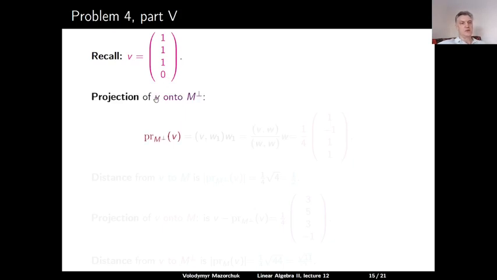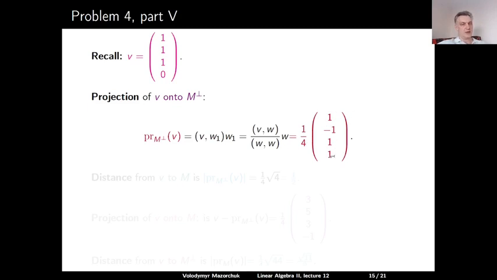The easiest thing is to compute the projection of V on M orthogonal complement. So this projection is equal to W1 times the scalar product between V and W1, or in other words, it's W times the scalar product between V and W divided by the scalar product between W and itself. So the denominator here is 4, and the W is 1 minus 1, 1 minus 1. If we take the scalar product of these two vectors, we get 1 minus 1 plus 1 plus 0. So it's 1. So the projection of V onto M orthogonal complement is 1 divided by 4 times 1 minus